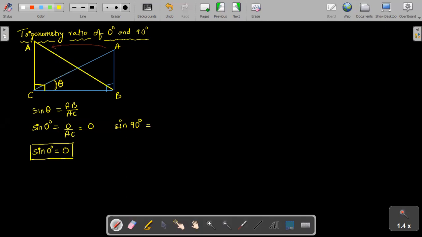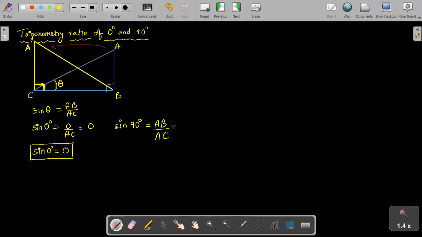sin 90 बोला तो यही एंगल है, साइन 90 तो ऑपोजिट और हाइपोटेन्यूज दोनों भी एक ही। ऑपोजिट क्या हो जाएगा, AB हो जाएगा। ओके और उसका हाइपोटेन्यूज भी AB। नहीं, हाइपोटेनस AB नहीं होगा, पहले जो हाइपोटेनस था लेंथ वही लेना है हमको, चेंज नहीं करना है। कंफ्यूज मत होना अभी, don't get confused because it looks like a right angle triangle now. Just think that this line came this side. AC is still a hypotenuse side for us.